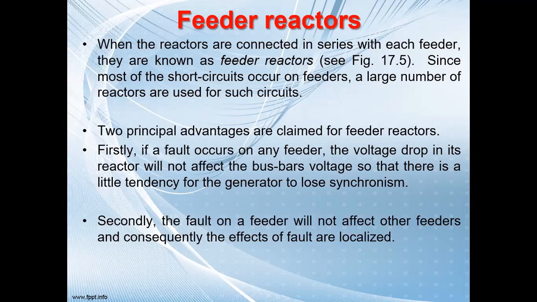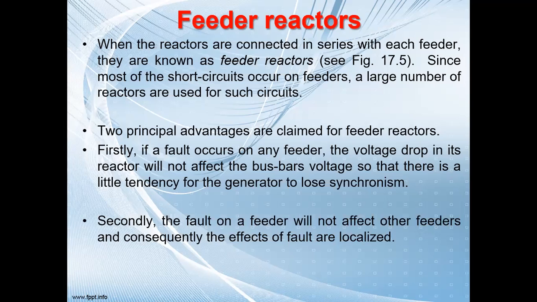That is the majority. If you take the statistical analysis of the faults occurring in the electrical power system, 90% of the total faults occurring in the system occur on the feeder side. So the feeders are more prone to faults, and when there is a fault in the feeder, obviously high current will flow, and that high current has to be borne by this particular feeder. Unless we reduce the fault current by connecting reactors, the feeders will be overheated, and there will be chances of damage.